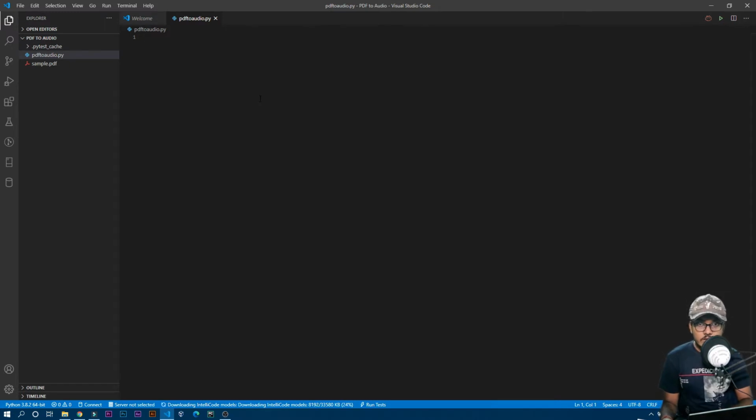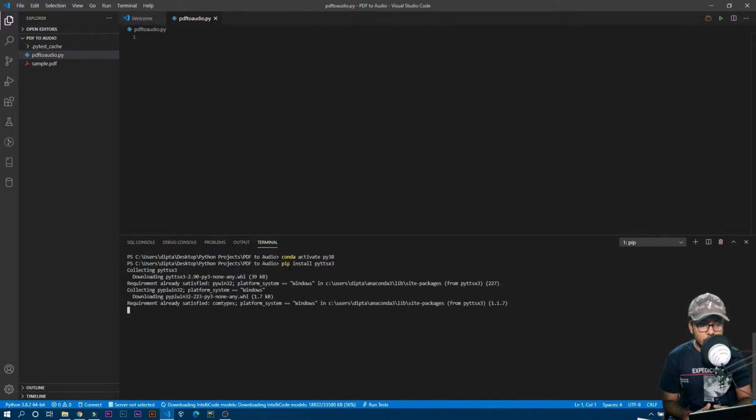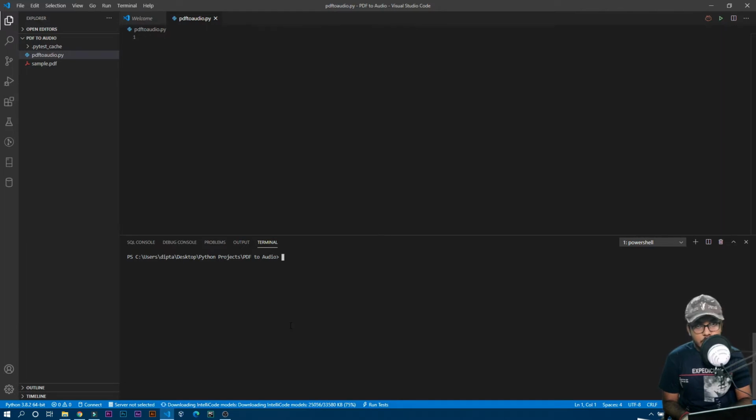So obviously we need to install these three modules. You can quickly install these three modules by using pip. That is a really convenient method. So I'll open my terminal over here, and I'll write pip install pyttsx3. That's it. So now if I run it, it will download and install this module on my device. You can see it's already satisfied, but in your case it may download this module and install it on your device. And then we also need the PyPDF2.